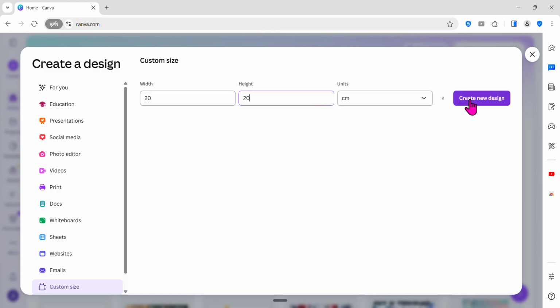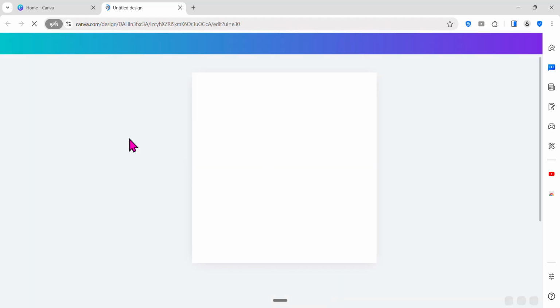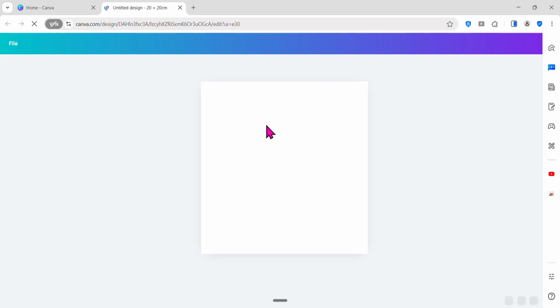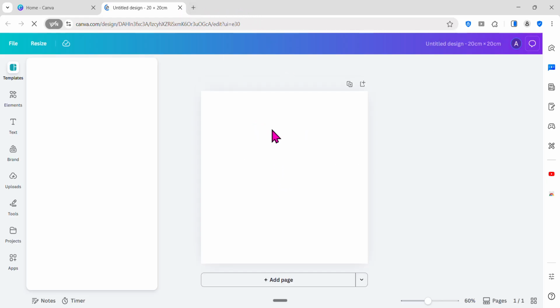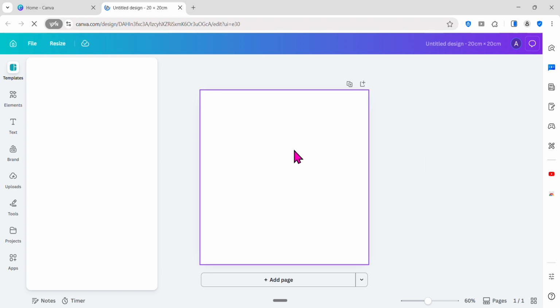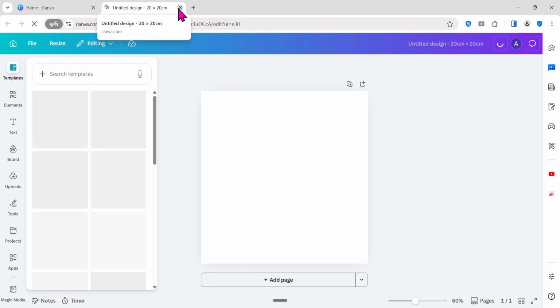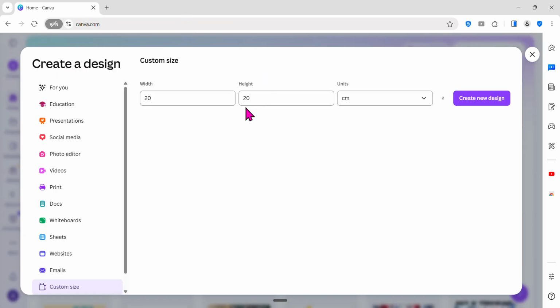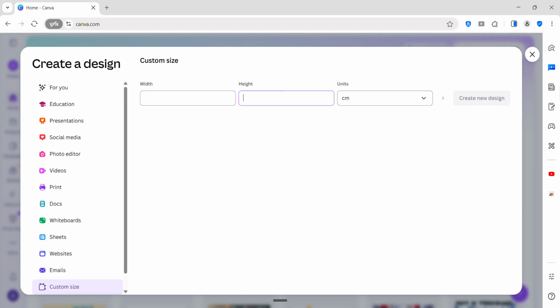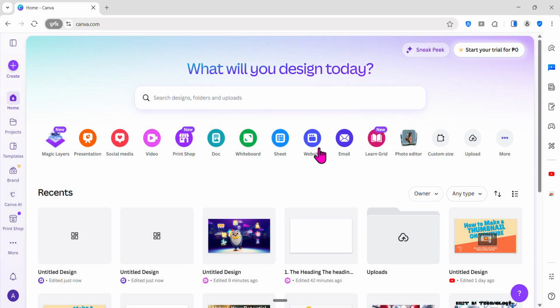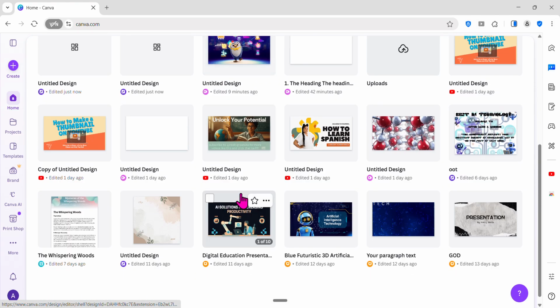Create new design. Just wait. If your sizing is not correct, just click it again and then change it, whatever you want. I created my own here.